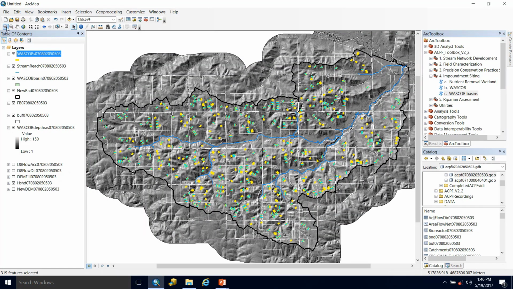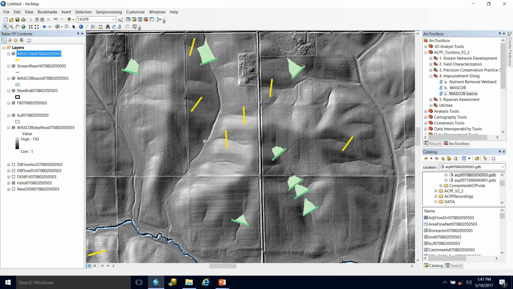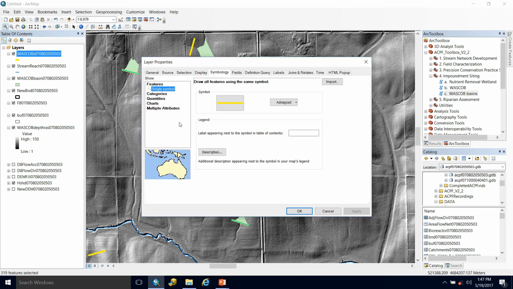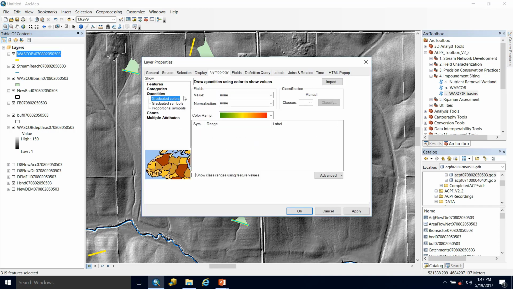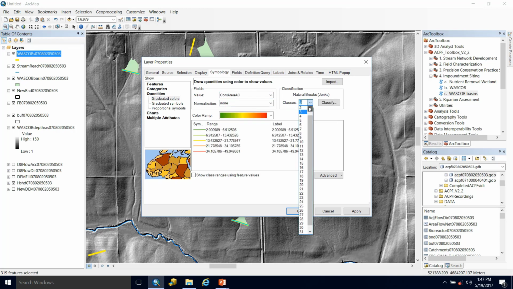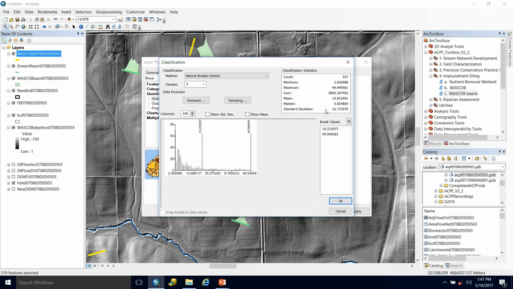Alright, so the tool just finished running. If we zoom in, we can see that, yes, they were only generated for the ones that I had selected. So I'm just going to do a little symbolization real quick. Let's see, I'm going to do this by contributing area. 2 classes, classify.